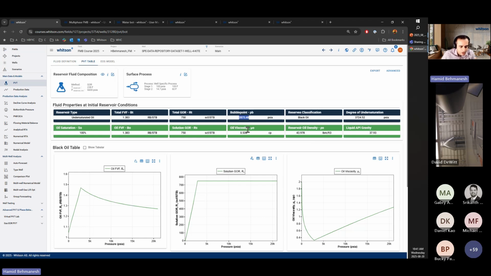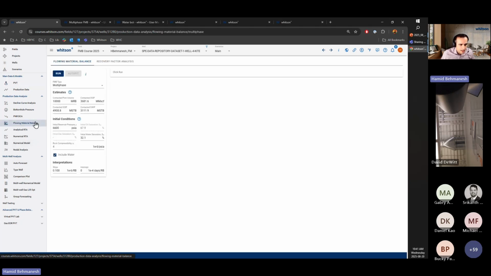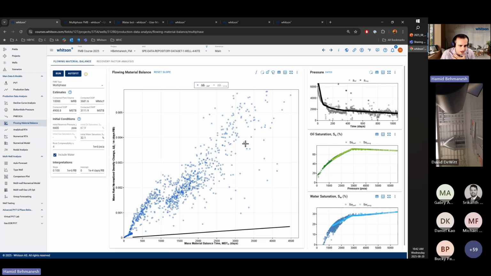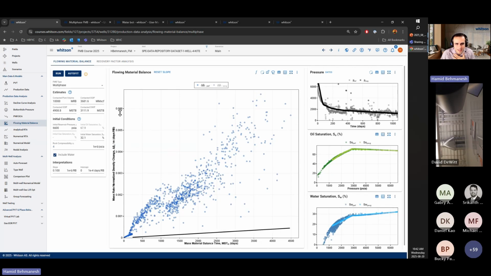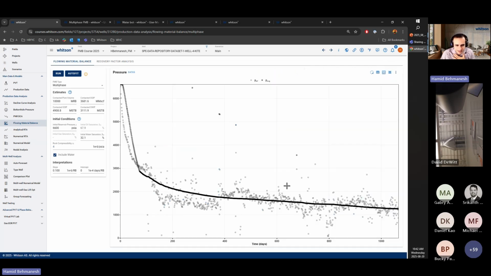When the bottom hole pressure goes underneath the bubble point pressure, I'm expecting my data to take on a totally different slope, and I know the reason for that. So go to the fluid material balance section and click on run, and let's see what we can get out of these. So how would you analyze this? Where do you pick your slope? First of all, we take a look at bottom hole pressure. We clearly see that